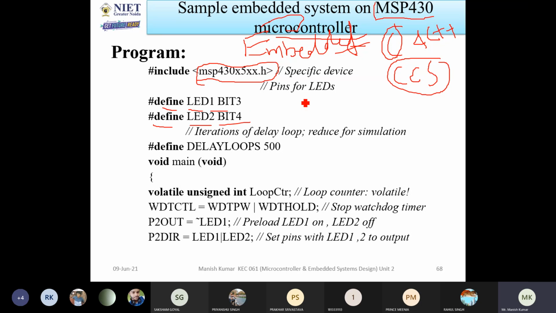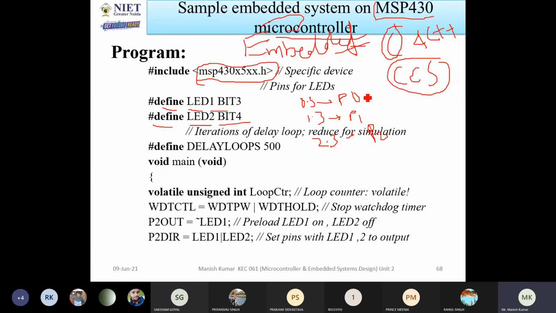Bit 3 represents P0.3 in case of port 0. If we are talking about port 1, then it represents P1.3. If we are using 2.3, it means that it is port 2.